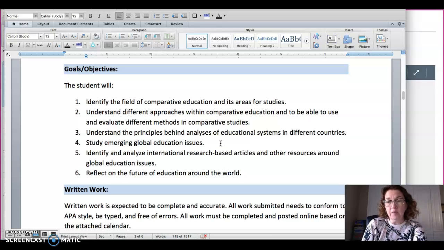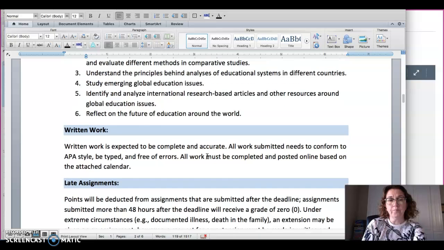Makes perfect sense, and you'll be doing some analysis in that comparison too. You'll have the opportunity to pick a global education issue of your own interest, one from 4 major ones that I've selected, and then also later in the semester, one of yours where you'll be looking for research-based articles around that,